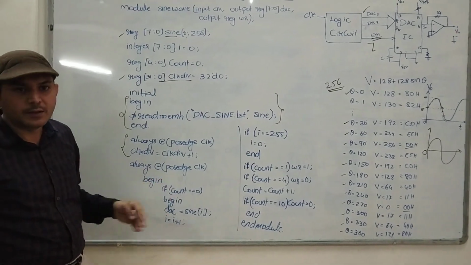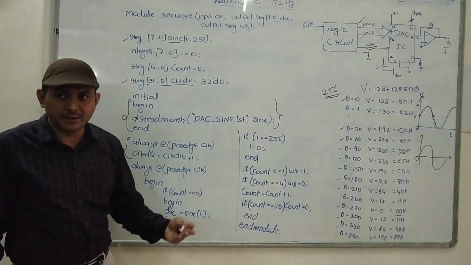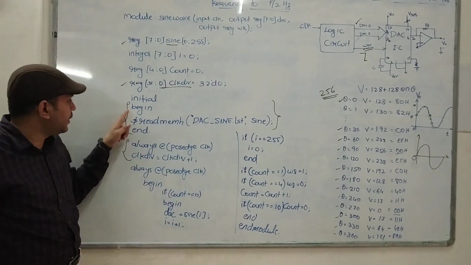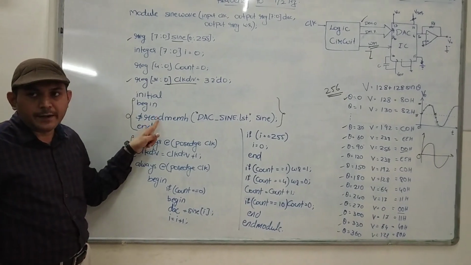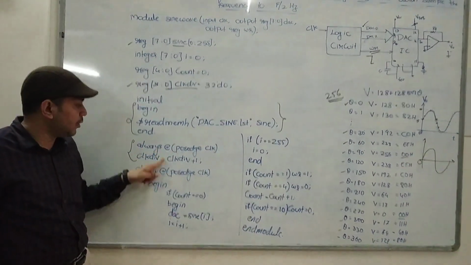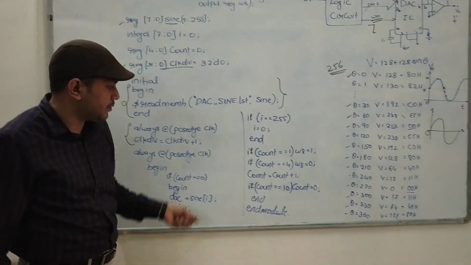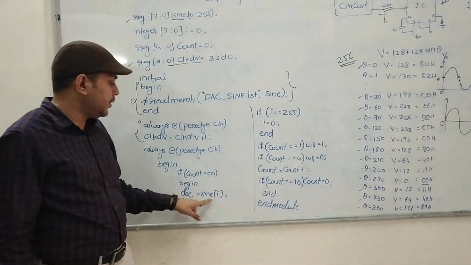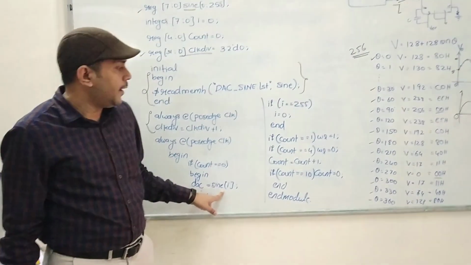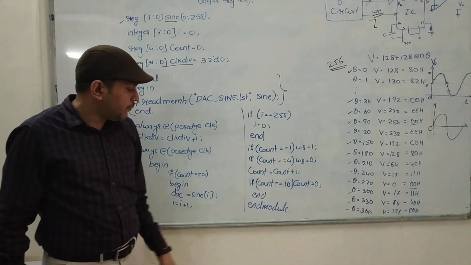Always block means every statement is executing in parallel. In the initial block it doesn't happen like that. In the initial block, one after the other, however you write, like that only it will get executed. Whereas in the always block, all the statements are executed concurrently. That is what we have understood. So for every 10 clock pulses, we will send the sine values and we will transmit a high to low transition on the WR. Okay. After that, what?